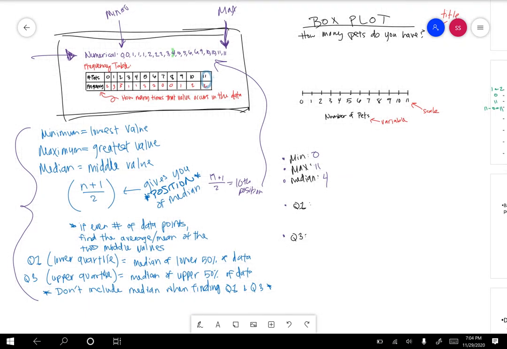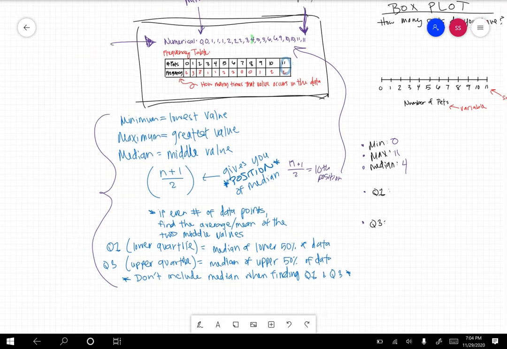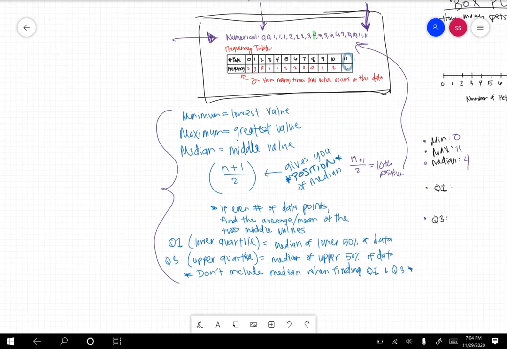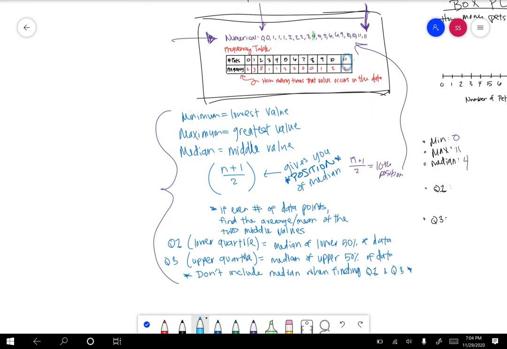All right, next we need Q1. Oh, I did want to go over, actually, if you have an even number of data points. So here we have 19 data values, but what if we had an even number? What if we threw in a 12 on the end of that data set? Well, then the middle value would actually be